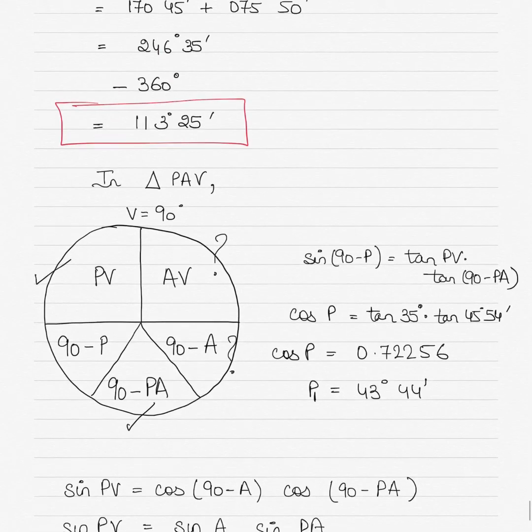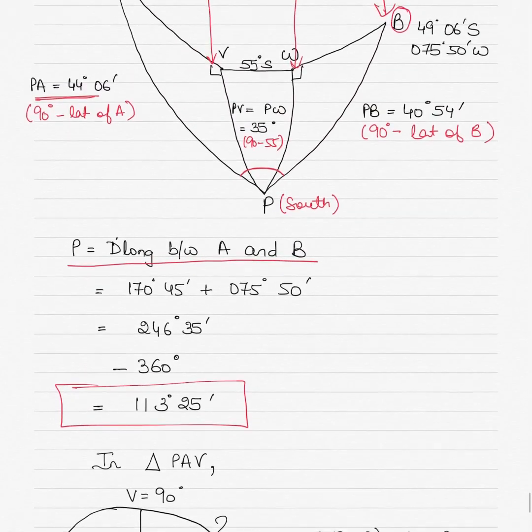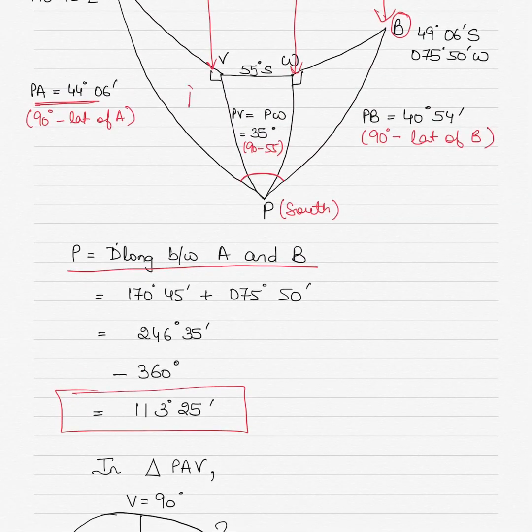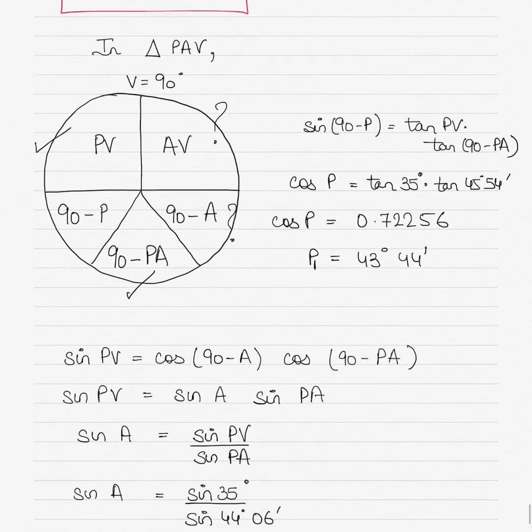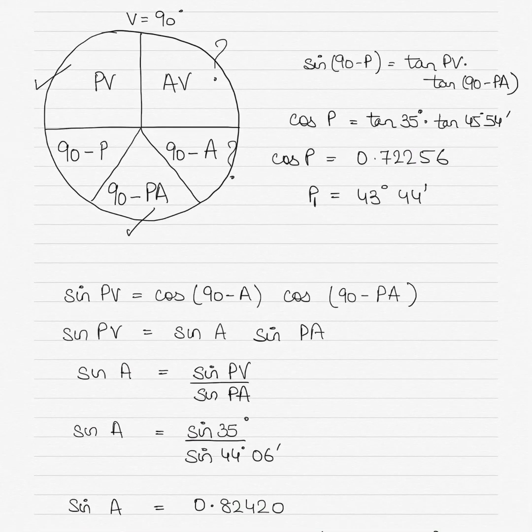So we'll be solving this question in 3 triangles. The first triangle will be triangle PAV, the second triangle will be triangle PWB, and the third triangle will be triangle PVW. We'll be using Napier's rules for triangle 1 and 2 and the principles of parallel sailing for triangle 3. So let's start with triangle PAV, which is triangle number 1,